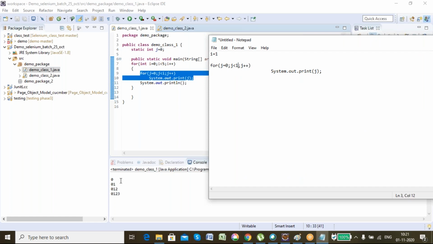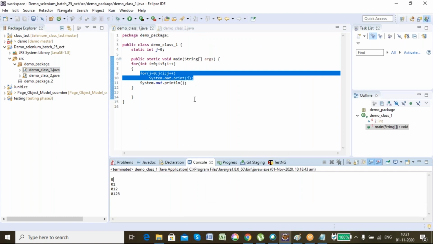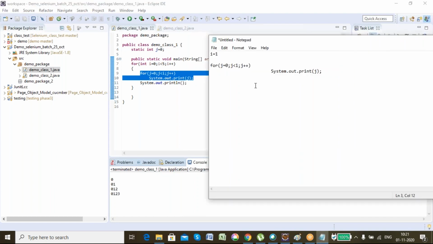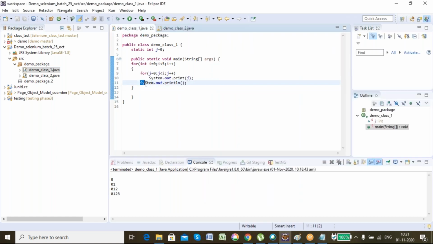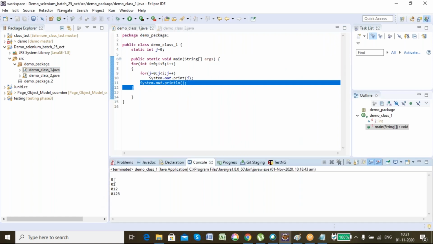So it will print 0. Here, as there is print, the cursor will remain right after the 0. Then j got incremented to 1, and 1 less than 1 is false. So it will come out of that loop and execute the line system.out.println, so the cursor will move to the next line with an enter.